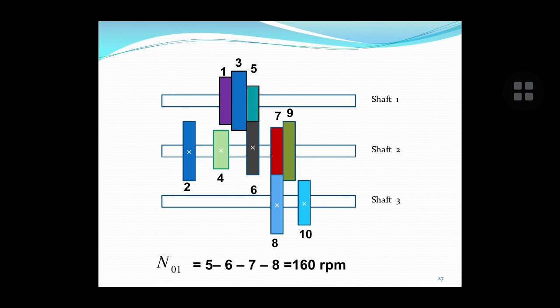So this is the kinematic arrangement. It is a 3 into 2 speed gearbox. On the input shaft I am drawing 3 gears, and on the output shaft I am drawing 2 gears. The output gears are 8 and 10. To pair with these we are connecting 7 and 9. 1, 3, 5 are the input gears. To pair with these gears we are arranging 2, 4 and 6.